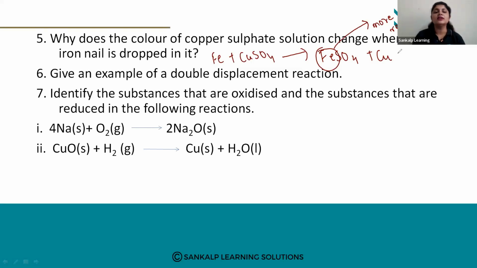So the color of the copper sulfate solution changes because iron metal is more reactive than copper. The copper gets displaced by iron from the copper sulfate solution. So this is the reason. Okay, so this is our fifth question. Next we'll discuss the